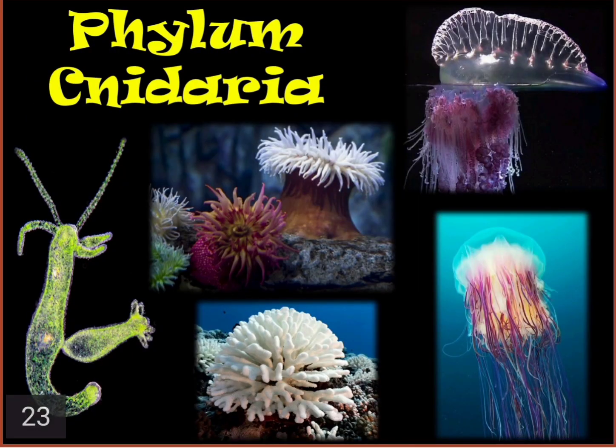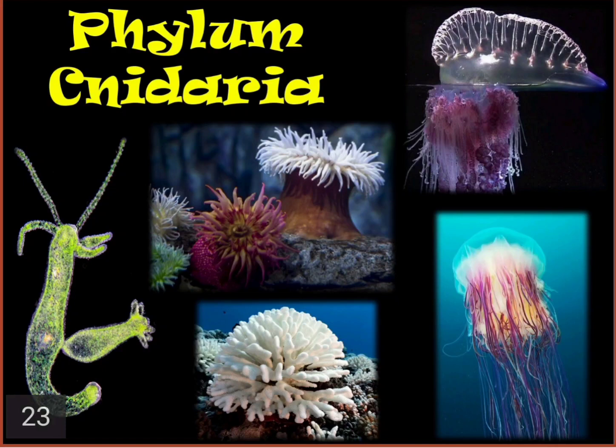The next phylum we look at is phylum Cnidaria, or it is also called Coelenterata. If you look at the spelling in your textbook, the O in it is silent, so you don't pronounce it as it is written. Okay, so you can either write it as phylum Coelenterata or Cnidaria.